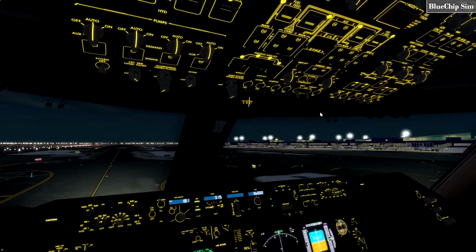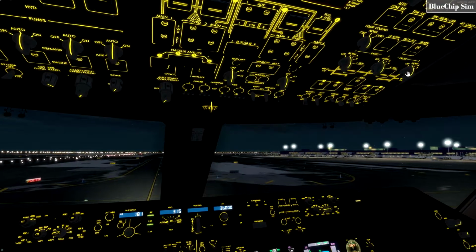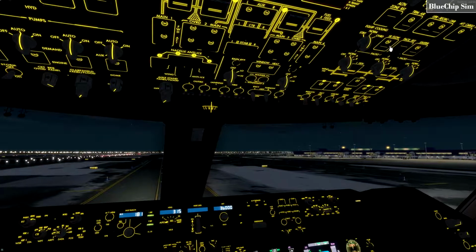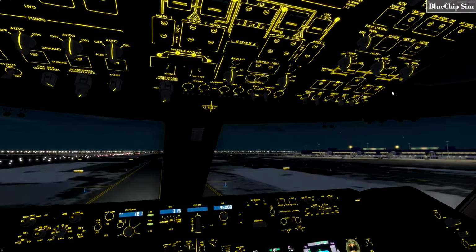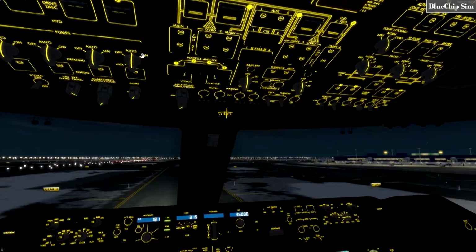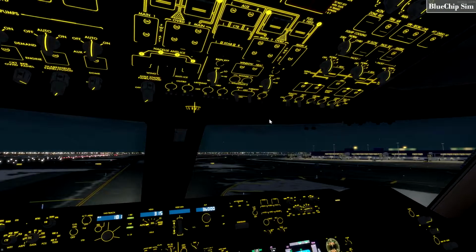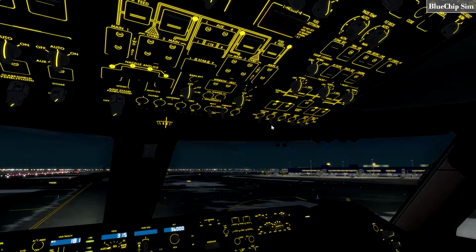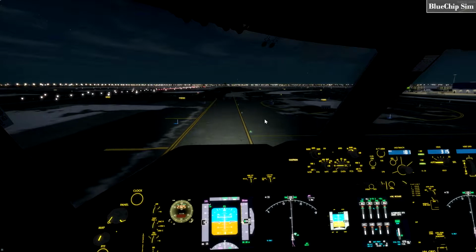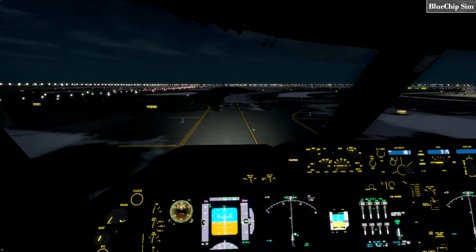What is that FMC message? Not really sure what it is. So the packs are on. Everything seems to be on that needs to be on, so I'm not really sure what the message is. It did give me a zone temp warning earlier, but I cleared that, and I'm not sure why the temperature would be a little wonky, but